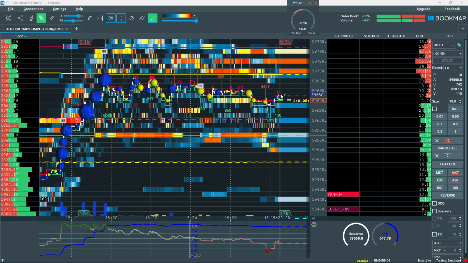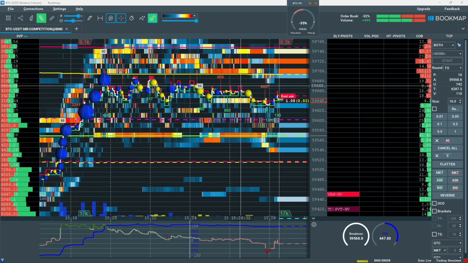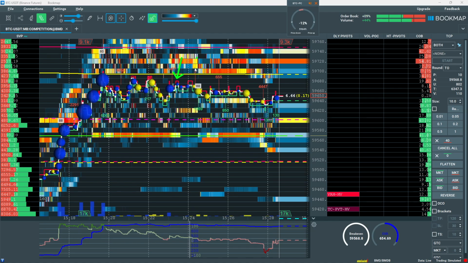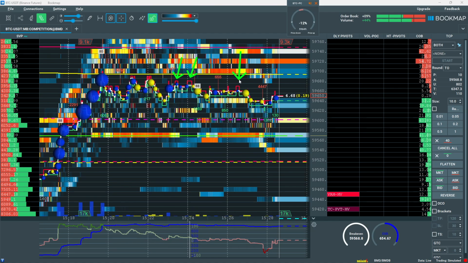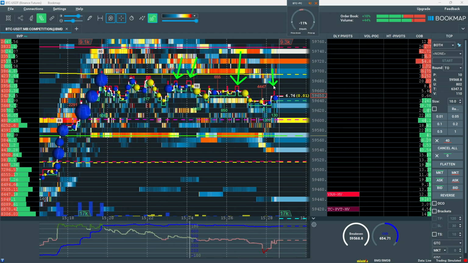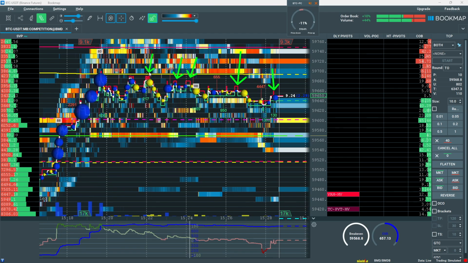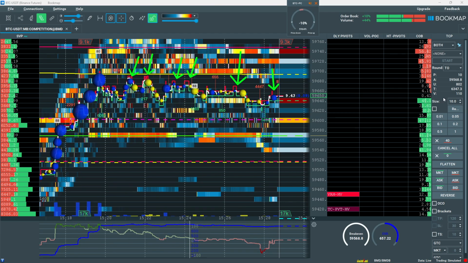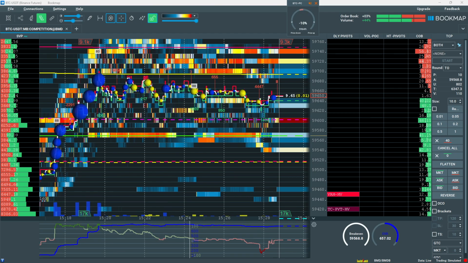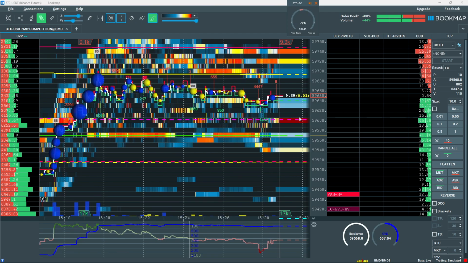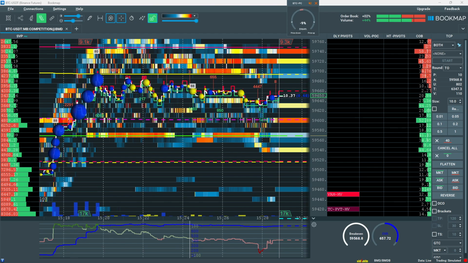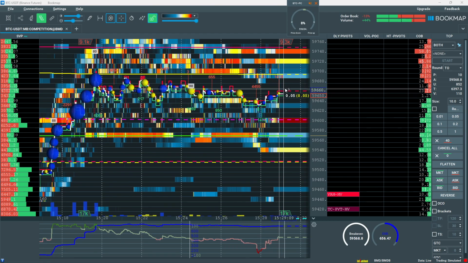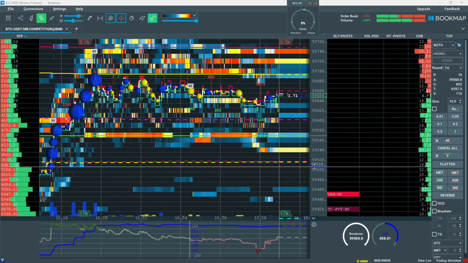Oh, we're starting to get some exhaustion on the ask. And this is something you gotta look out for. This is how I take my short trades, looking out for that exhaustion on the offer. That's that red line right there. And I am seeing that exhaustion right now, so I want to see some buyers start hitting the offer.